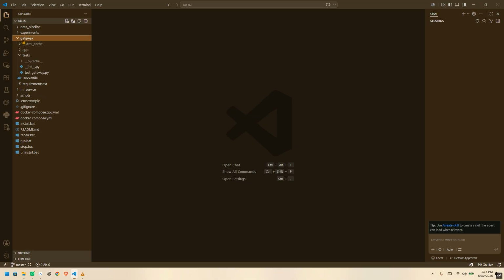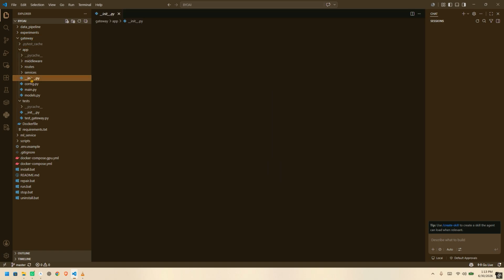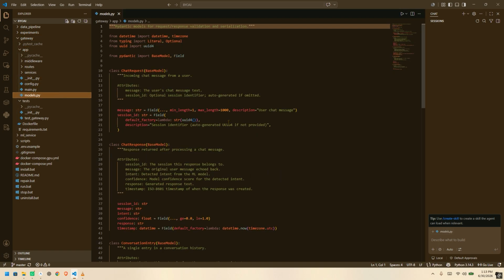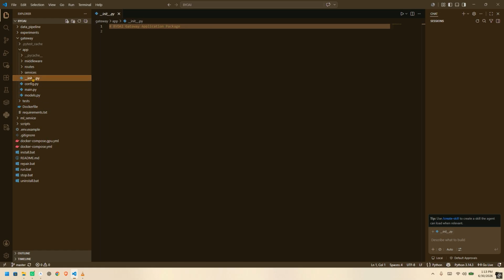The API gateway on port 8000 is built with FastAPI. It acts as the single entry point for all client requests, manages session-based conversation histories using thread-safe async locks, runs a token bucket rate limiter middleware to prevent abuse, features structured JSON logging for request tracing, and enforces strict input